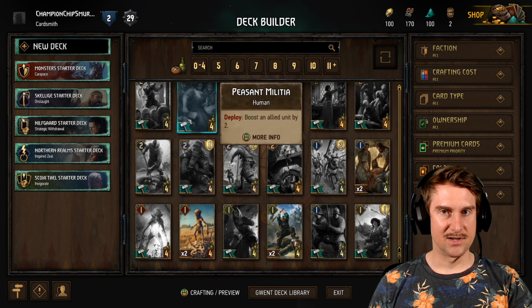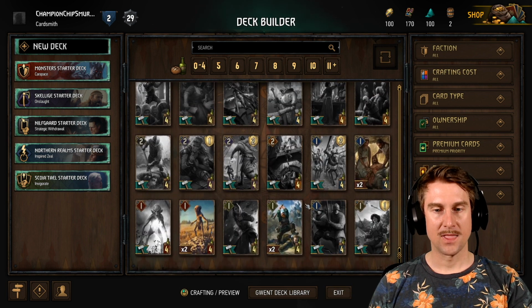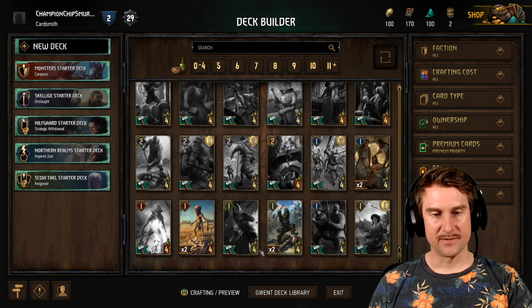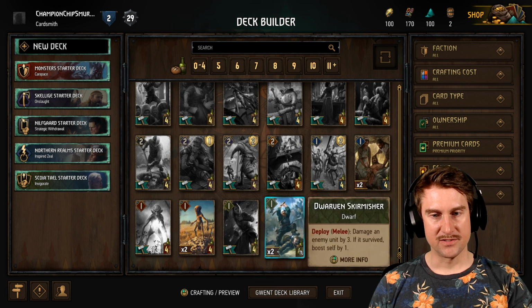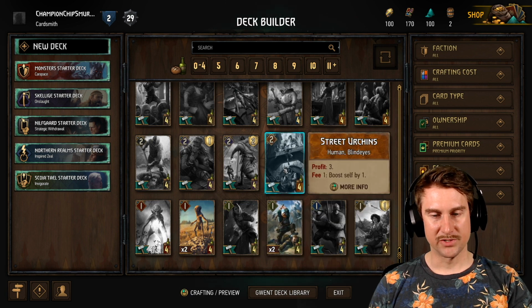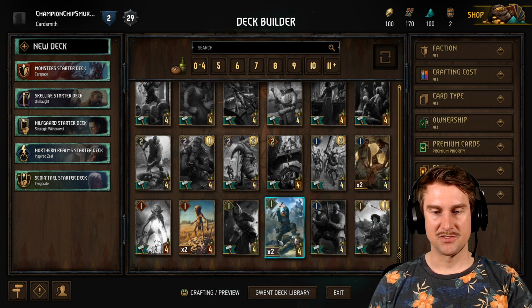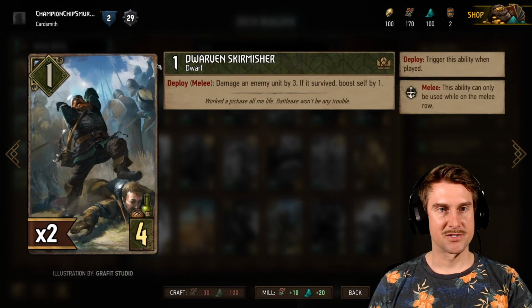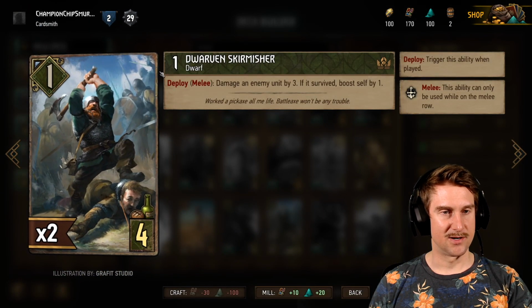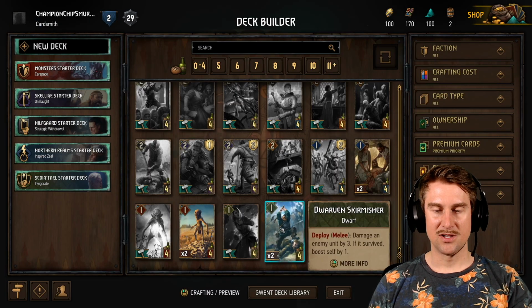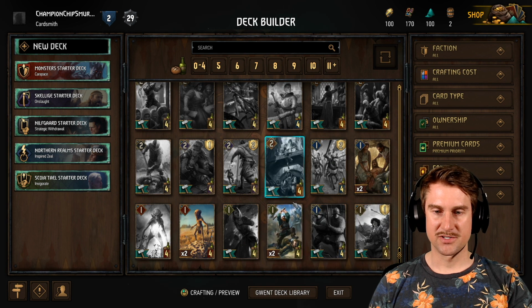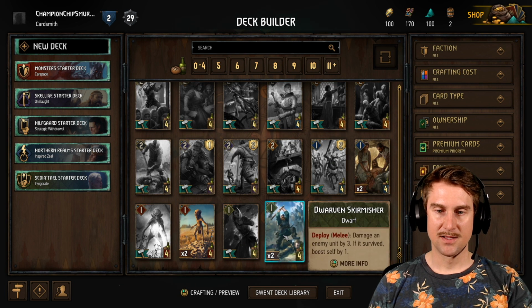Oh, one more thing to note. You can have two copies of a bronze card and one copy of a gold card. So right here, for example, we have this Dwarven Skirmisher. It says we have two of them. This is a bronze card. It has the bronze border. So if we opened a keg and we got another Dwarven Skirmisher, we'd have three, but we can only have